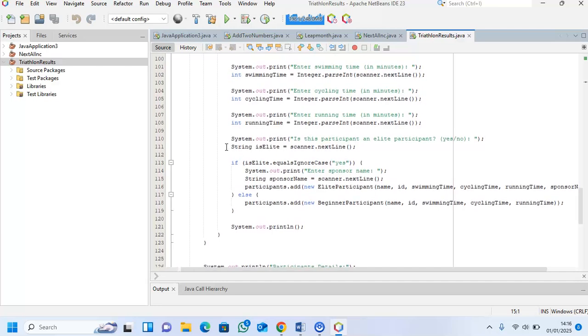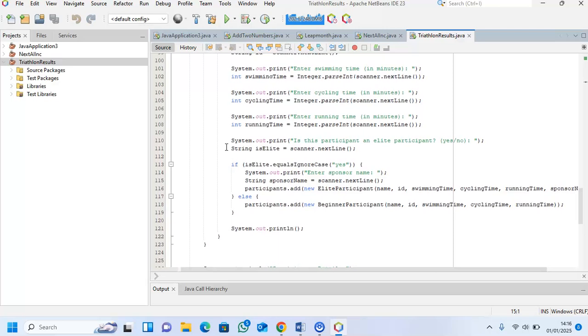Now we are going to go to the elite check. This one checks if the participant is elite, and if yes, adds an elite participant with the sponsor details, otherwise adds a beginner participant. And the display,